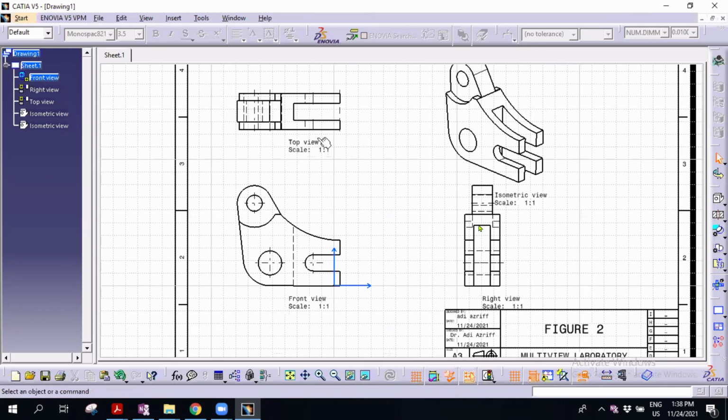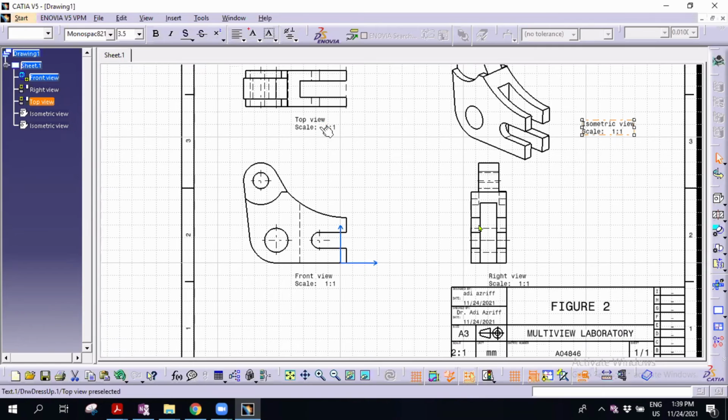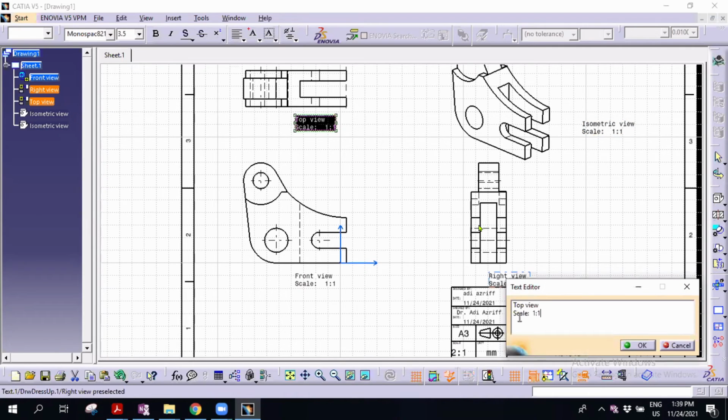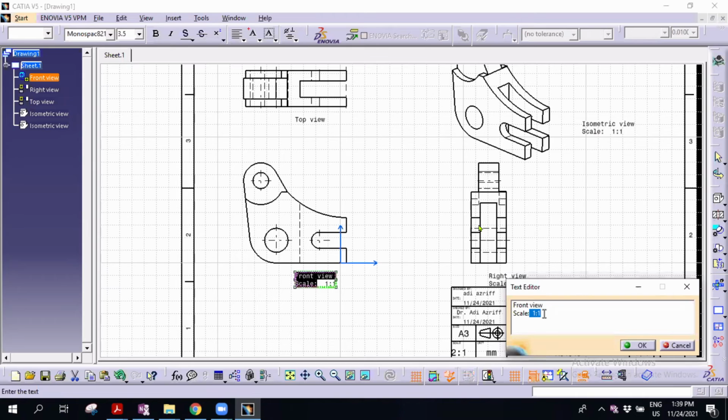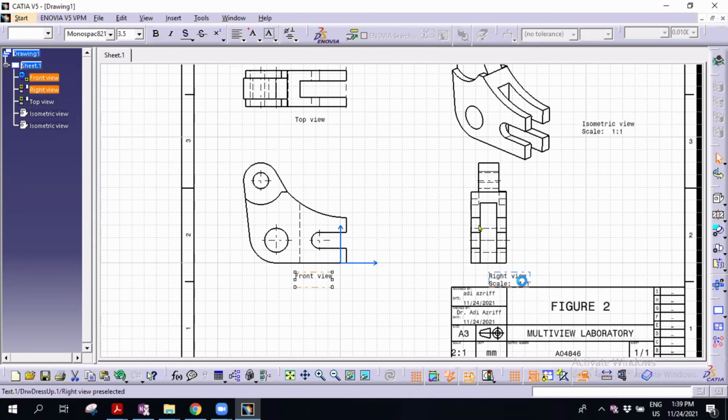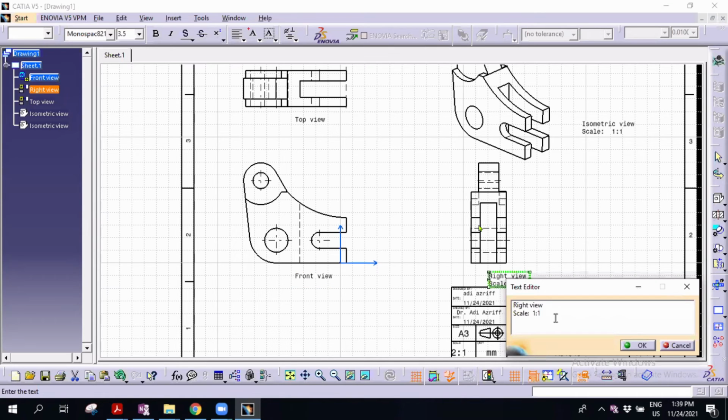Okay, so you have a top view, right view, and front view, and already have scales here. In this drawing, you just remain the views. The scale, no need to put it here, because normally the scale will be the same. If you put 1:1, every drawing will be 1 to 1, so it's represented as one. It's not individual. So you can delete these scales.